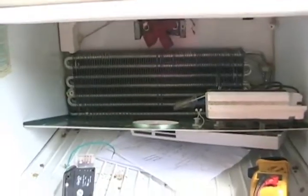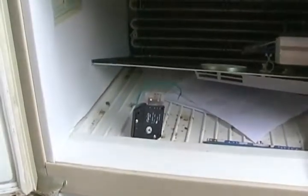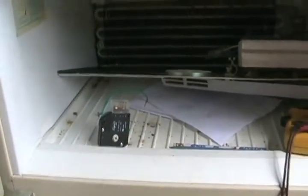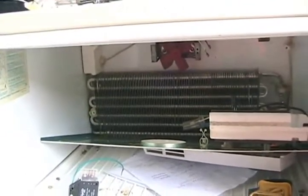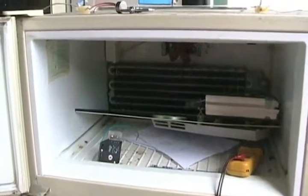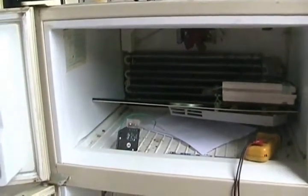After you're done fixing your defrost problem, unfortunately the fridge isn't going to work right away if it's still got all that ice back there. When these have a defrost problem, that whole area is a brick of ice. Well, sure, the cycle will keep turning on 20 minutes every 12 hours after you leave and let your fridge do its thing, but that's not long enough for that little heating element to melt that much ice in that short of time, so it'll never get better. So you always have to leave the fridge turned off for a minimum of 12 hours with the freezer door open to melt that ice before it'll function properly. If you have the kind of fridge that the cooling coil is in here,